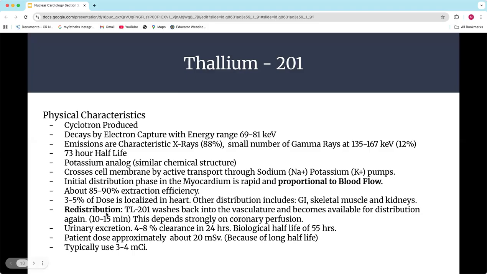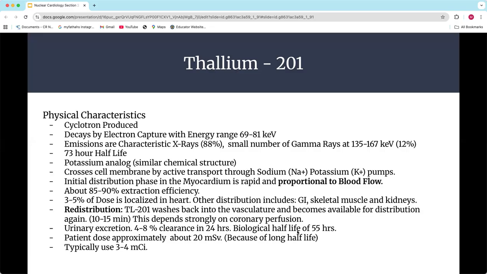In our next lecture, we'll talk about something called hibernating myocardium, and being able to look and see if there's heart tissue that isn't perfusing well. This will help us look at that. And so we'll talk about that later. I don't want to confuse you too much, but it redistributes. That's an important thing to know as we're doing protocols.